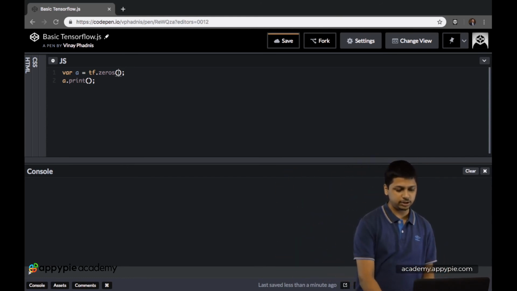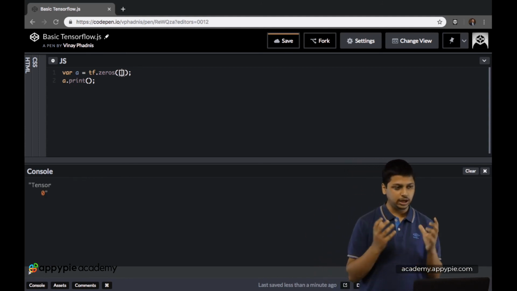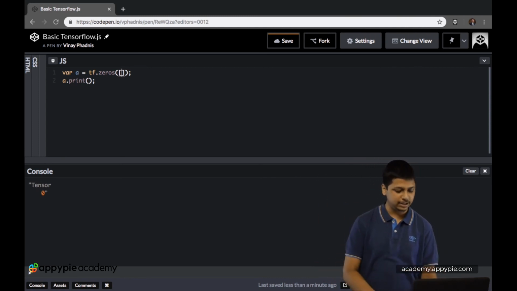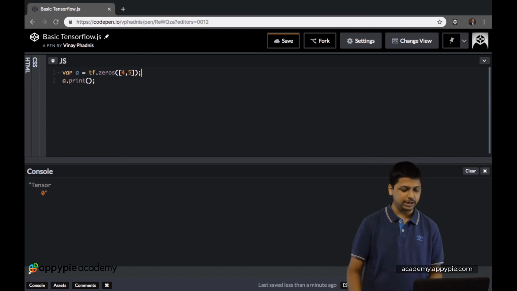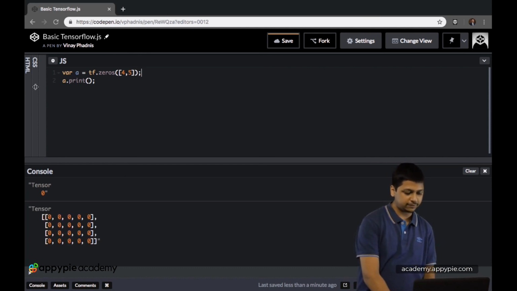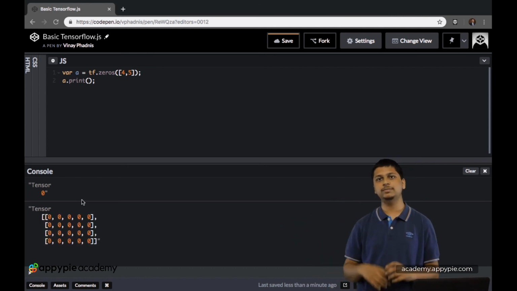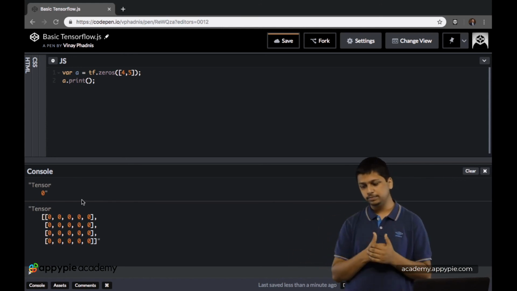Let's first put in a square bracket because natively it takes in an array. Okay, so to specify the size of the matrix, let's type in 4, 5. And now as you can see, we have got a tensor with 4 rows and 5 columns, which has only the values of 0 printed out.